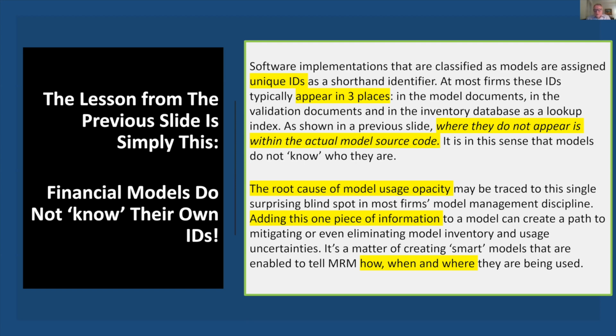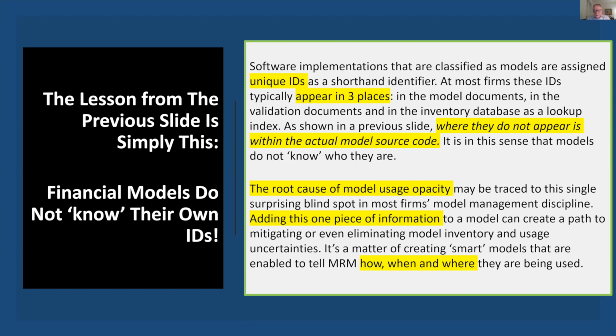Model IDs are relatively new in finance, but certainly in manufacturing, they're equivalent to serial numbers. Manufacturing, of course, has used serial numbers for centuries. And most smart electronic devices today have the identifying serial number embedded in onboard firmware. This idea simply has not found its way into finance as a general practice, because models were developed long, long before we ever started assigning unique model IDs to our models.